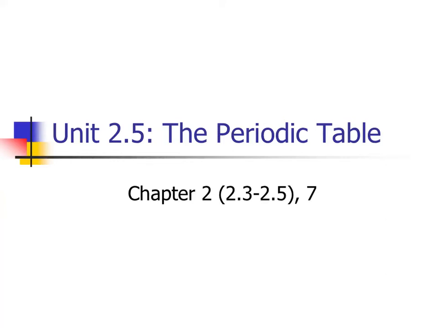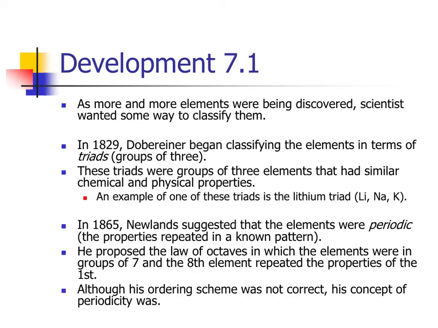So Unit 2.5, the periodic table, covers some of the sections in Chapter 2, and a lot of the information comes from Chapter 7 in our book. As we found out in Unit 2, much of the information that we found came from early on. The information that was found in Unit 2 through Dalton, Thomson, Rutherford, Bohr,